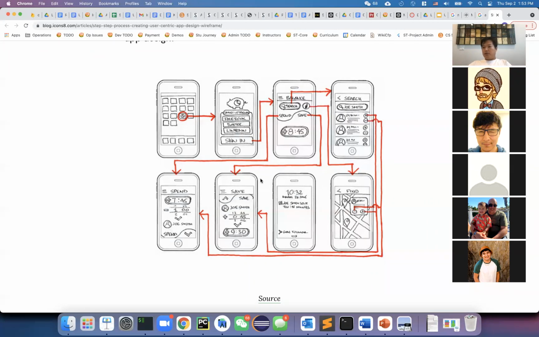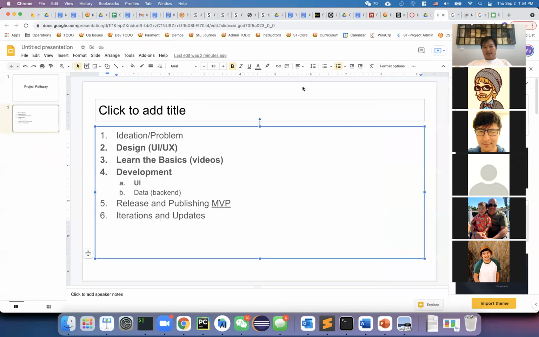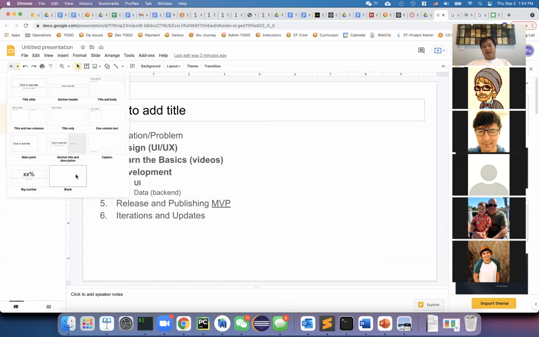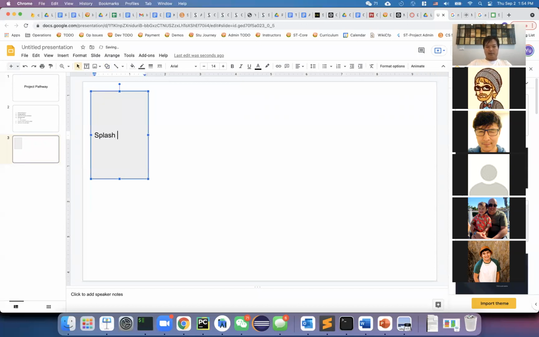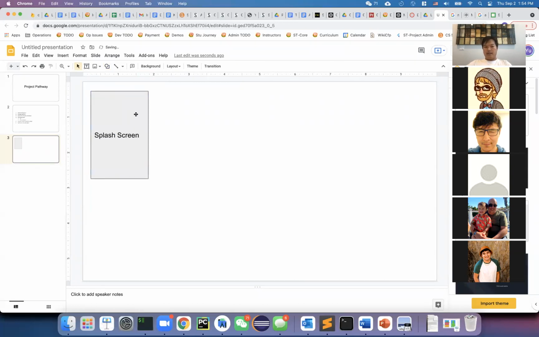Okay, so you can just draw it on a piece of paper. If you know the professional tools, if you know Illustrator, what is the other tool? Figma, yeah, Figma, right? So that's a free version, very popular. I've never done that before, but it's a professional design tool. Or what I normally do is I just go to Slides just to draw it. Again, I don't have any art or graphic design background. All I'm going to do is just draw all these little screens here. Okay, this is my first splash screen. That's going to be enough.